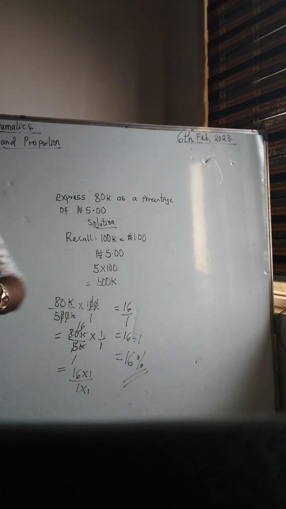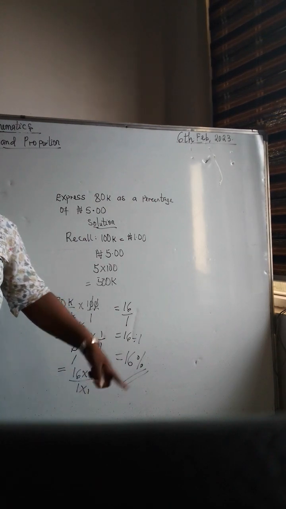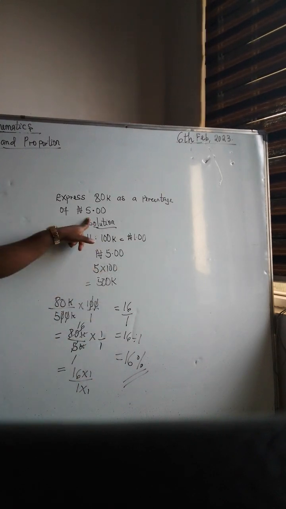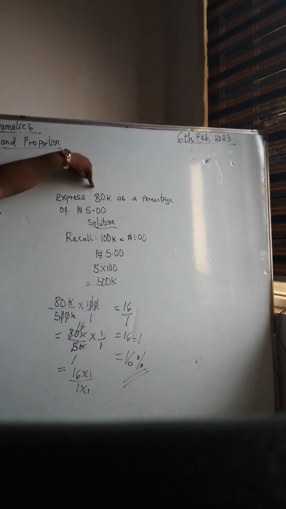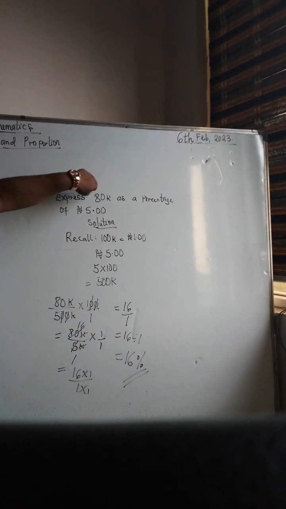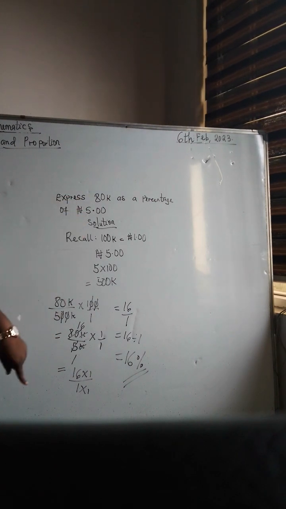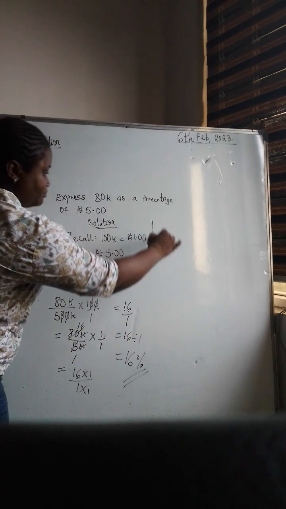But if you already have the percentage, in this case we have 16%. If I want to rephrase this question, I can ask you what is 16% of 5 naira? Now 16% of 5 naira must give you 80 kobo. Do you understand that? I said 16% of 5 naira must give you 80 kobo, just to test that we have done the right thing. So if I'm to come this way,